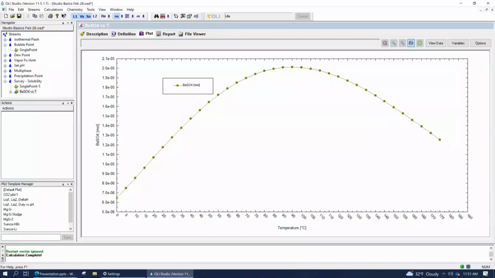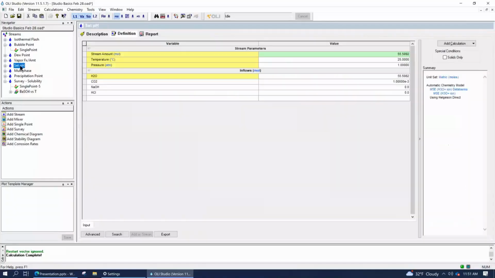Again, we're sticking with the survey calculation, and we're going to lean on some of the stuff we did before. We did a set pH calculation before, and we did essentially phase envelopes before. So the easy one to do next is a phase envelope calculation as a function of composition. We're going to take our acetone water phase envelope and ask ourselves, what is the bubble point of a water acetone system as the acetone concentration increases? So let's go ahead and create that one next. It'll be the last one we do for today.